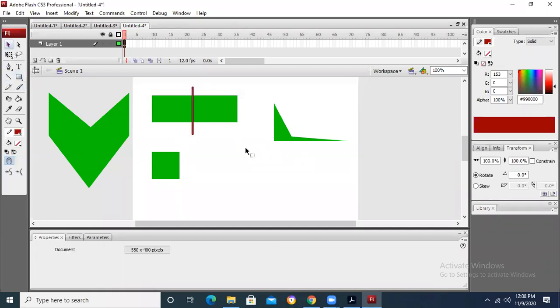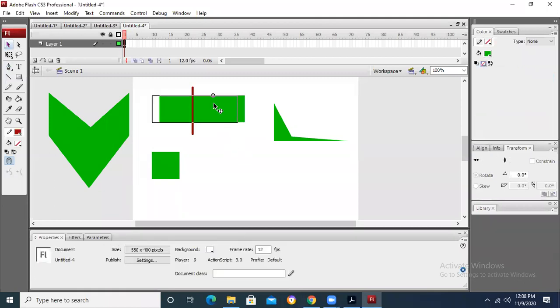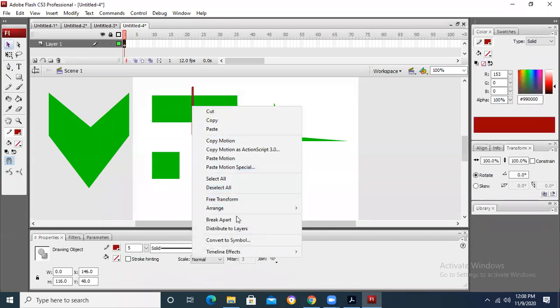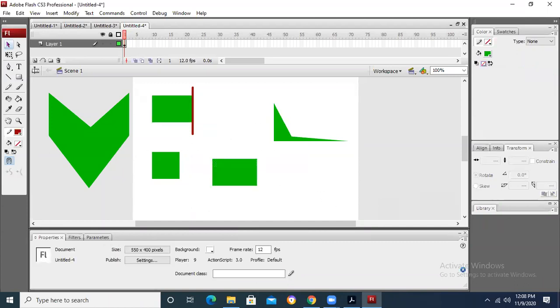And I draw it over here and I join it. Then I right click on it and break it apart. Now this rectangle is separate and this rectangle is separate. Can you see this? Did you notice the steps? I told you the simple, small steps.